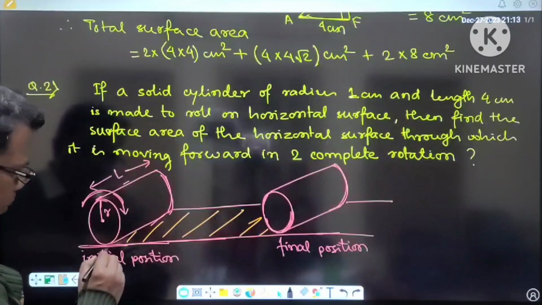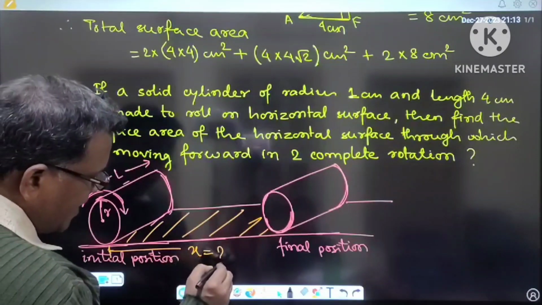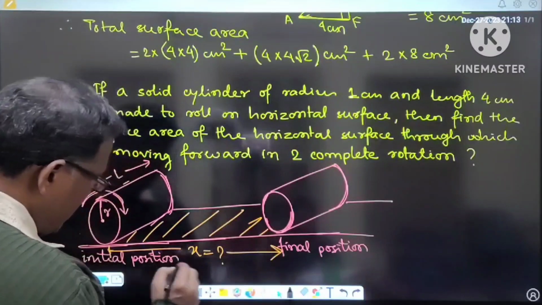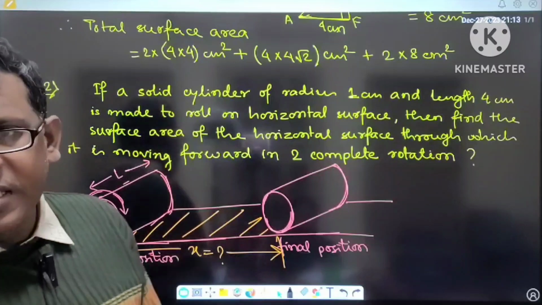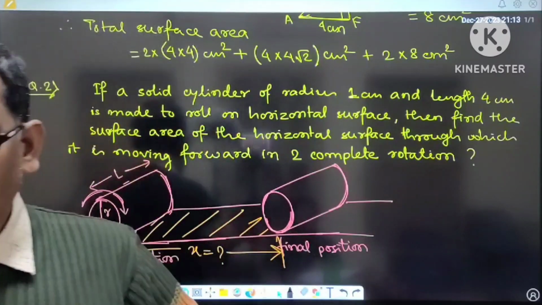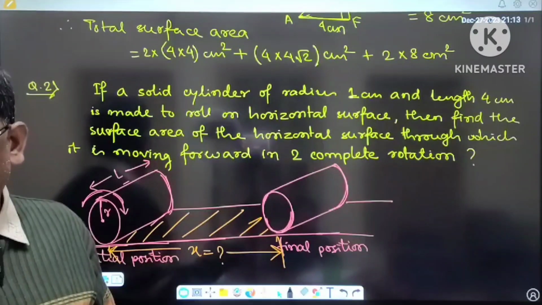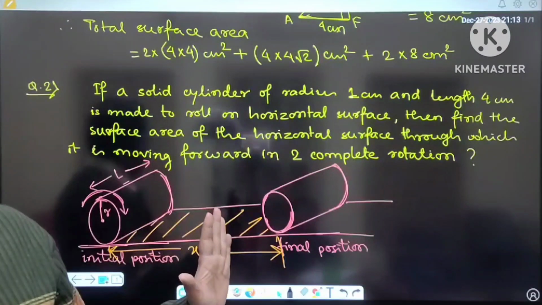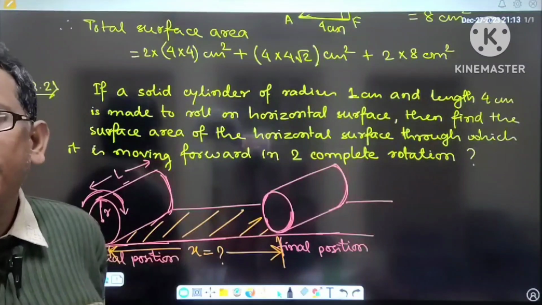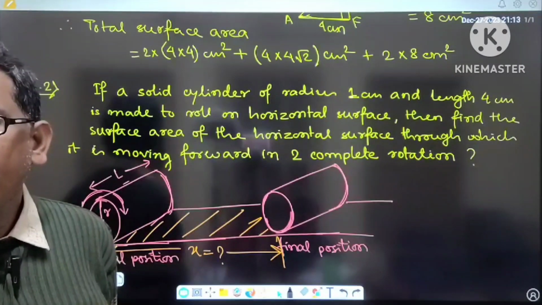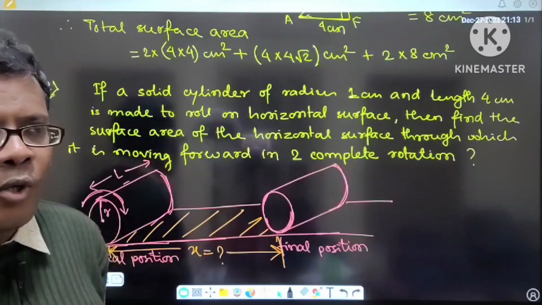So definitely in completing two rotations it is traveling through a distance, let it be x, right? If x is assumed to be the distance it has moved in two rotations, I want to know how much it can travel in the process of completing one rotation. Sir, it will be twice its radius, right? No,